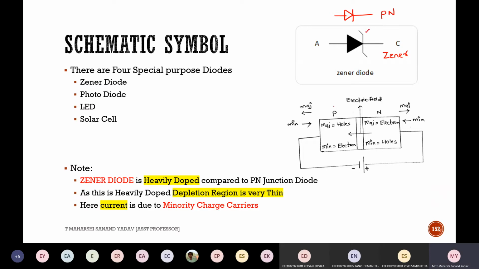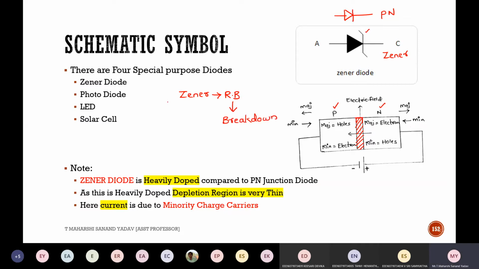See, in the same manner, suppose I'm trying to join one p-type and n-type material, there is a region formed between, which is nothing but, what is this region? Guys, what is this region formed between p and n? Depletion region. So majority carriers in p-type are holes, minority are electrons. If we see in n-type, majority are electrons, minority are holes. Now you tell me, Zener diode, will it operate under reverse bias case or forward bias case? Reverse. Yes, Zener diode operates under the reverse bias case. Under reverse bias also, it will operate only in the breakdown region.